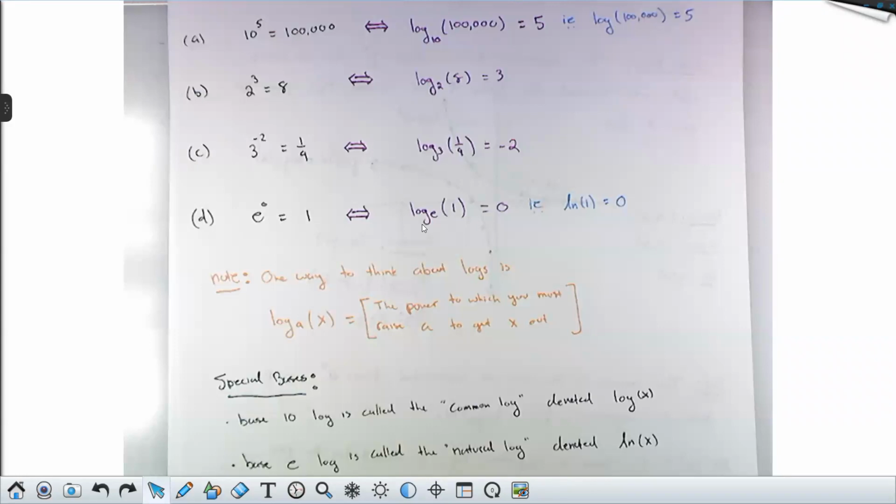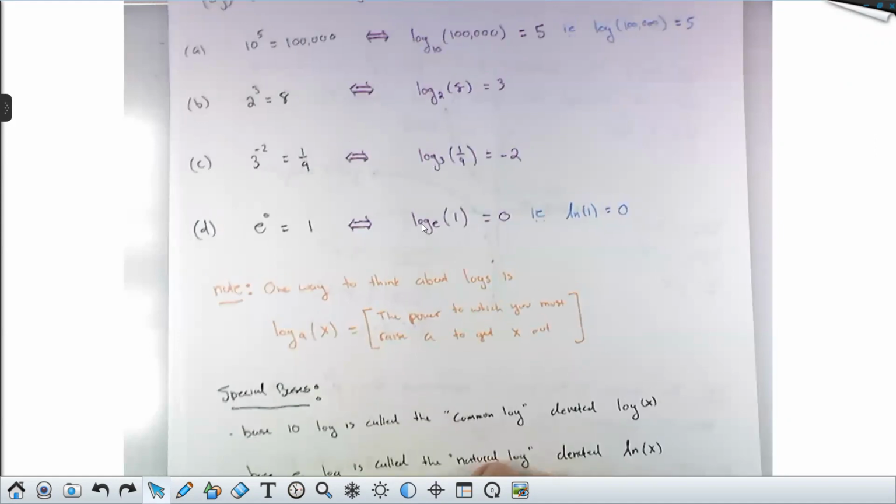I'd like to get a little bit of practice just evaluating logarithms, like plugging some numbers into logarithm functions. And then we're going to talk about some properties of the log. All right, now in order to evaluate the log, I encourage you to think of it the way I described in orange on that last page. So let's evaluate